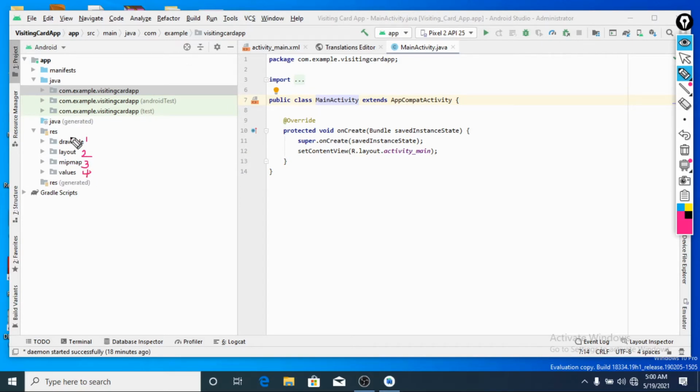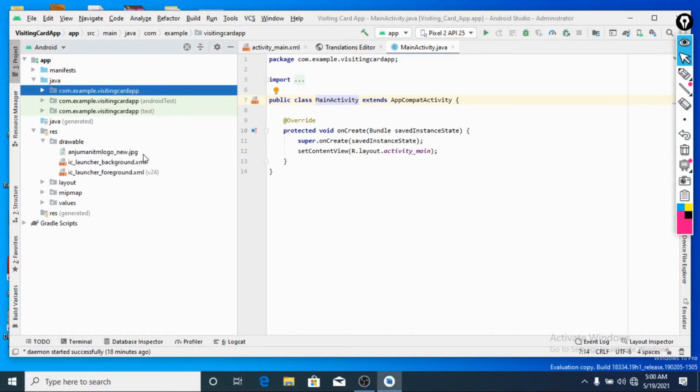In this, very importantly, drawable, layout and values. Let me explore those subfolders. First is drawable. The drawable folder will have the JPG files, so whatever drawings or images are required in your app will reside in the drawable folder.